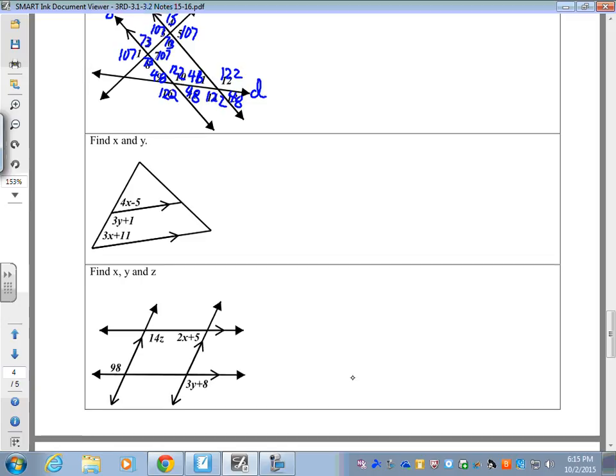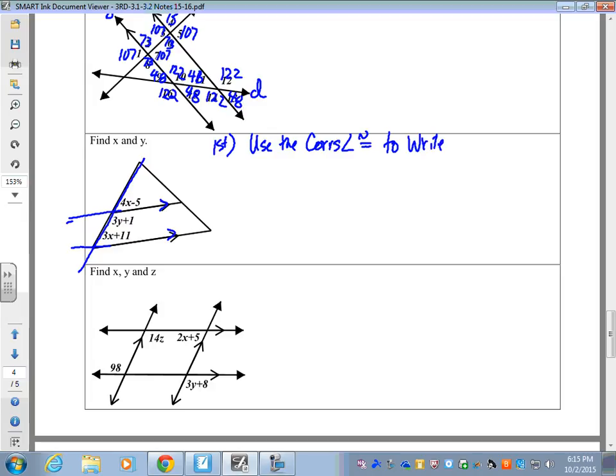Alright, for this next example, there's a couple things. I'm going to see if you can problem solve, and I'm going to give you some hints, and this is definitely what I'm going to check on Monday to see that you complete it. So first, understand that because we have parallel lines here, we're going to have two sets of transversals. I'm going to just use this transversal. I'm going to extend the parallel line so that you can see the transversal. And I'm hoping that you can see that we have corresponding angles. So first, your hint is to use the corresponding angles, which are going to be congruent,